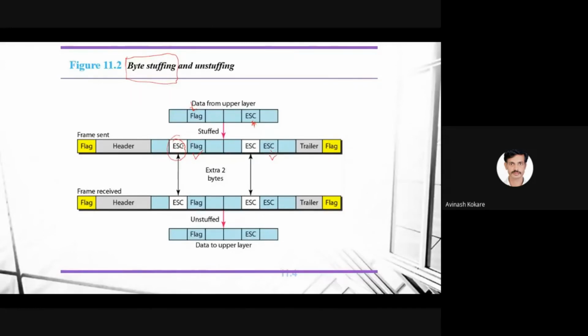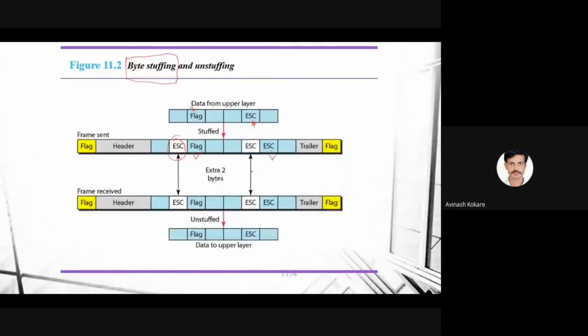Because we have inserted or stuffed this escape character before a flag, and this escape character before this escape character. So this escape character will tell that this flag, which is the pattern for starting and end of the frame, should be considered as an internal part of the data. Similarly, this escape character should be considered as an internal part of the data. So these two bytes are inserted.